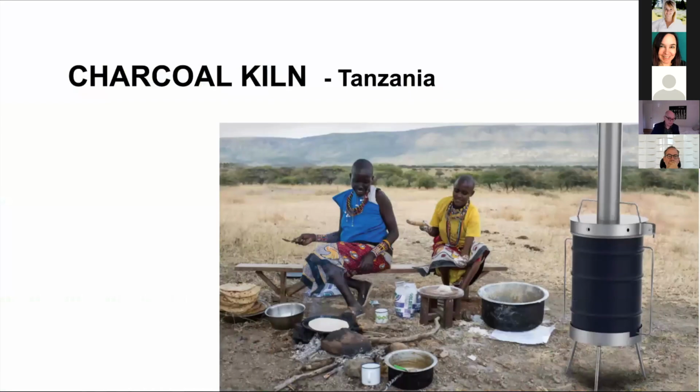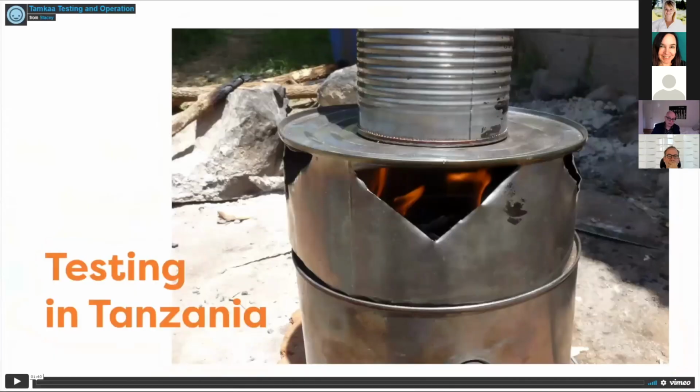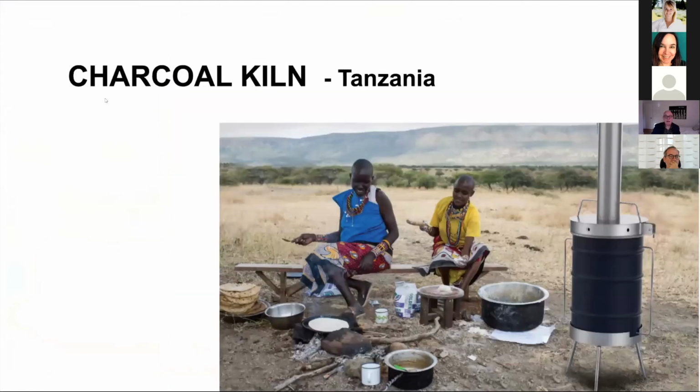This is a charcoal kiln. This product takes animal dung. Whoops, could you go back, please? As you can see, this takes animal dung combined with a binding agent, paper, and then baked in a student-designed, locally produced kiln. It repurposes the waste to produce a slow-smoke charcoal for cooking. And if I may, I'd like to play a little video now to give you an idea of the project.